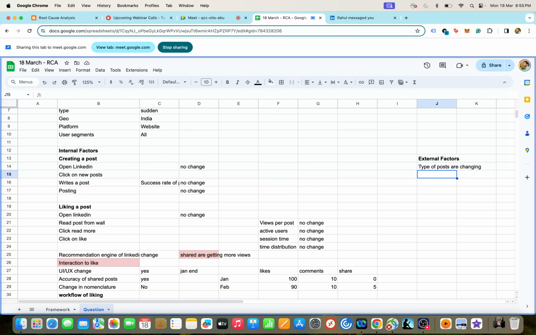Maybe external happenings, like a shift of concentration to some other events. So what type of event can affect LinkedIn? Nationwide, since it's concentrated on India, maybe the World Cup, those things. Okay, and let's say I say no, then